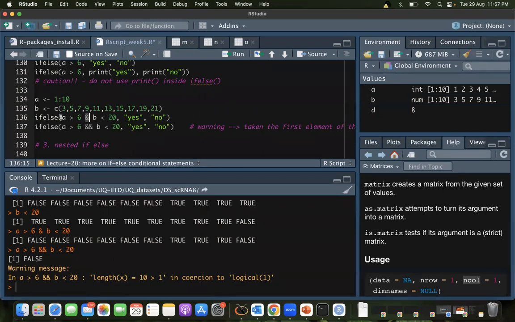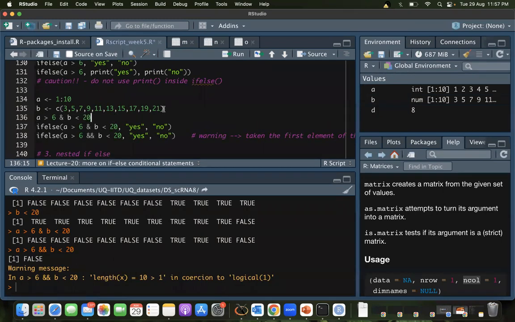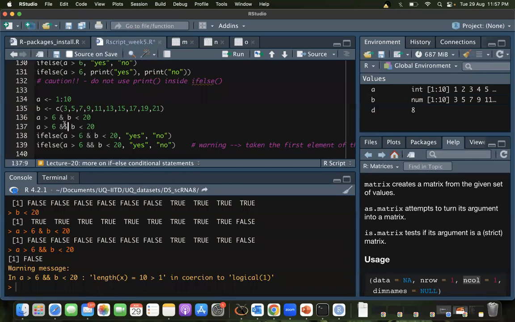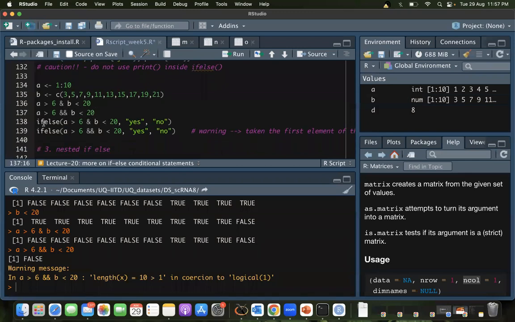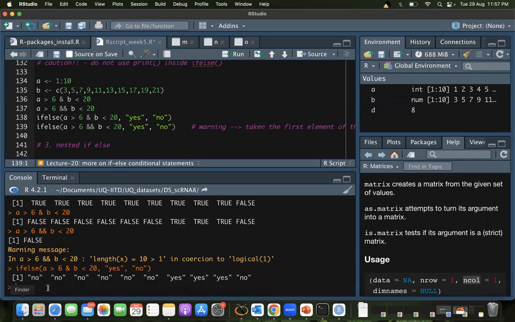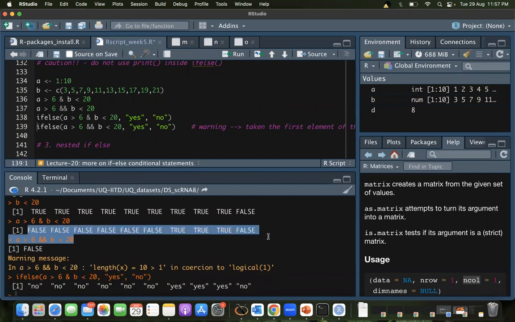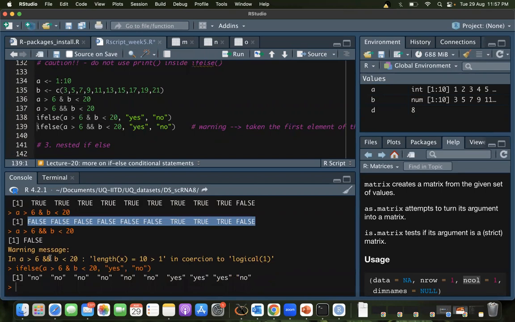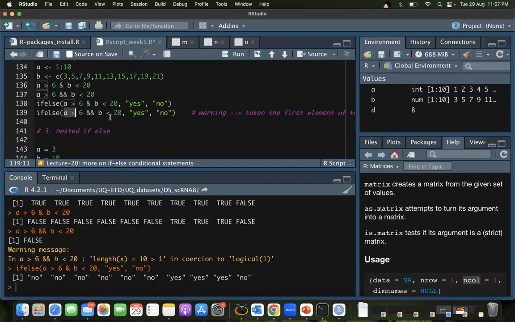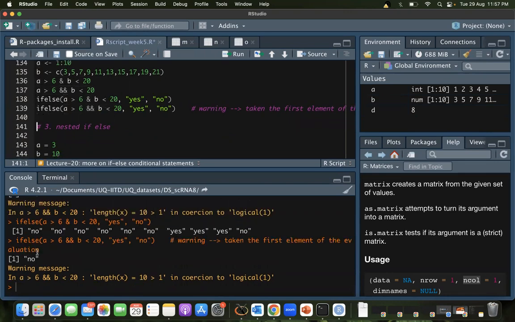So here I was just explaining these 2 things first, just for ease. Now in this case, basically this expression is a list of 10. So if I enter, it will work as per this expression. You'd see false, true. These trues evaluate to yeses and the false evaluates to no. But now here in the last one, this is actually just a single value false. So here it's just going to evaluate to true.